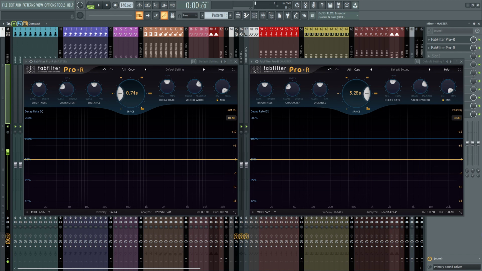Now, using different room sizes is not a problem unless you are doing it with elements which are not playing at the same time.